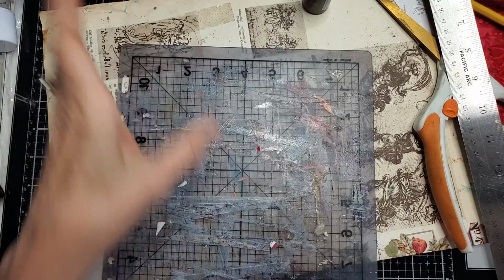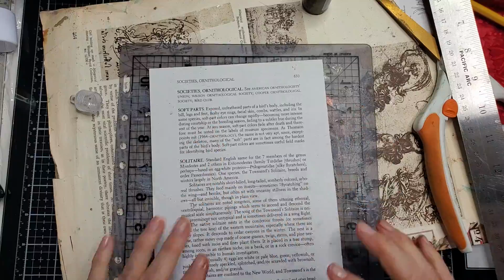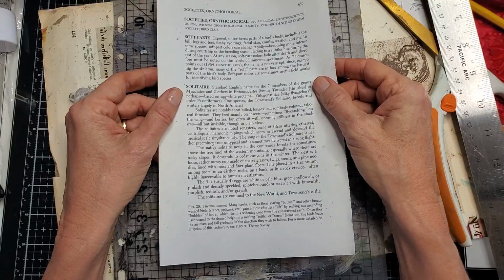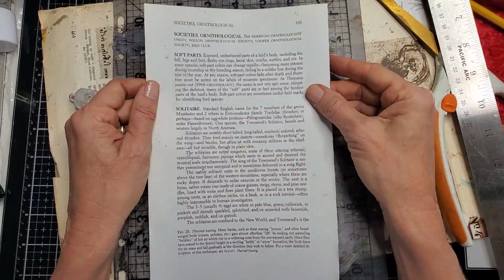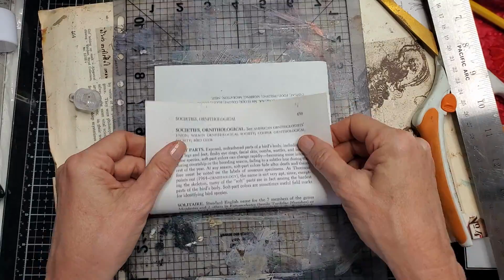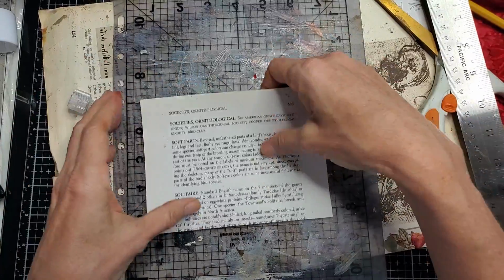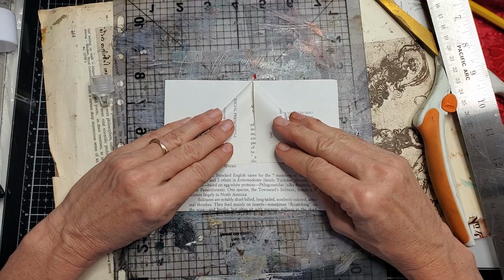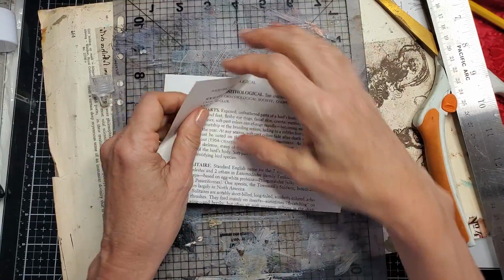How are we in time? 17. Okay. So now the next one, I'm going to use the same paper since I've been using up this book, and I seem to be migrating off the page. Sorry. Now again, we'll review very quickly the basic construction, very easy, and then we'll decorate this one with some fabric. Looking at the page, you flip the page over so the text is upside down looking at you. Then you grab the bottom of the page and fold it up top. Then you take these and fold them. This is the way I do it. You can fold them backwards right away, but it's easier for me to fold this way. Fold here, fold there,